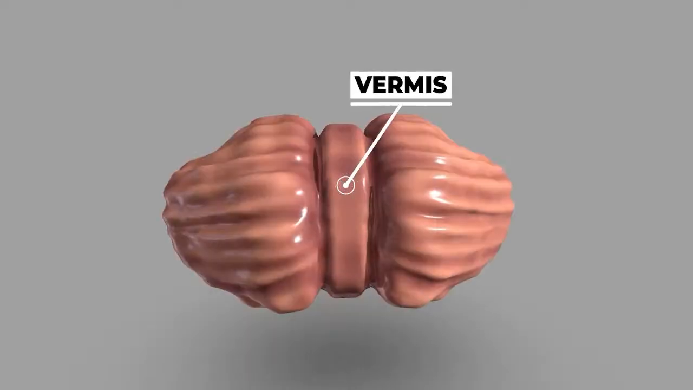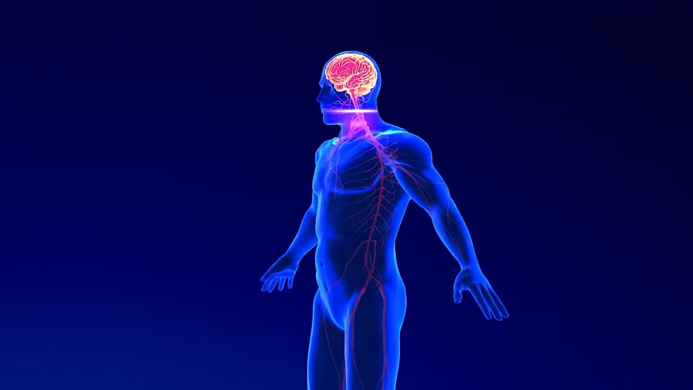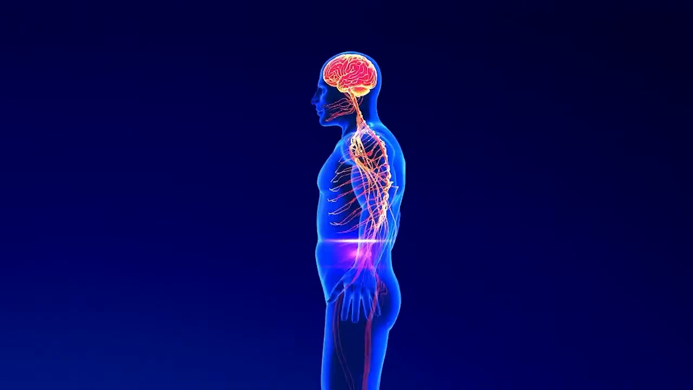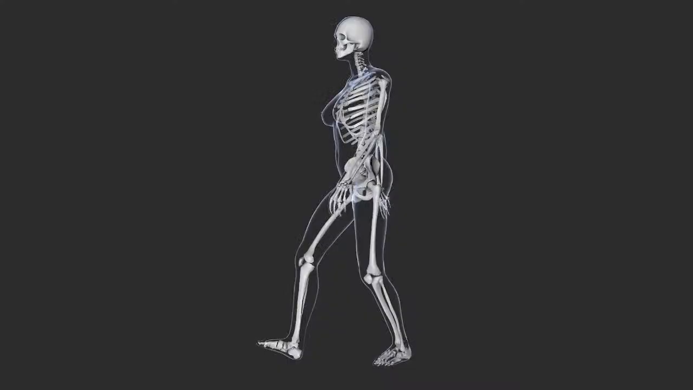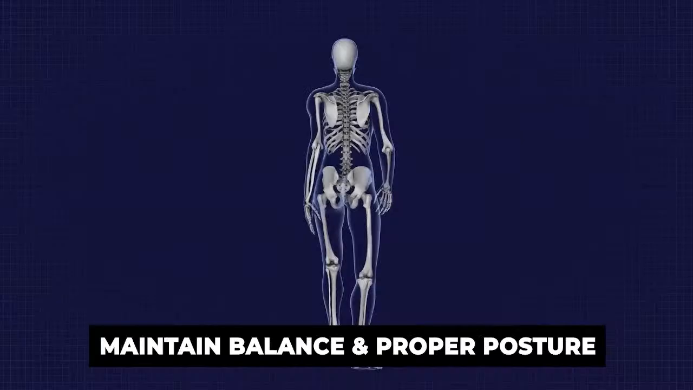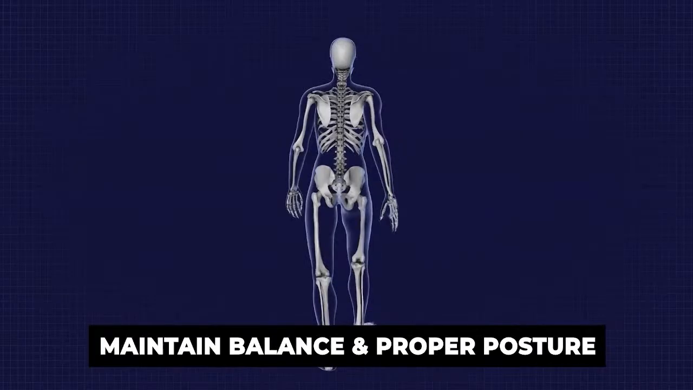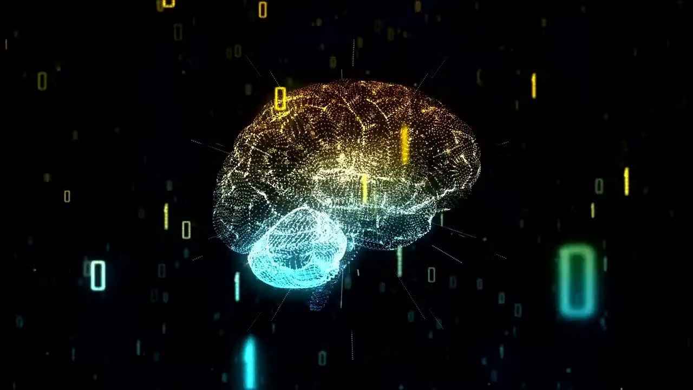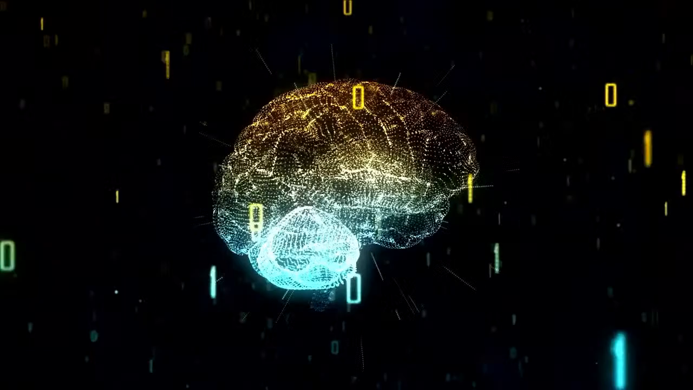The cerebellum plays a key role in fine-tuning motor activities. While the cerebrum might initiate a movement, the cerebellum makes adjustments to ensure the movement is smooth and precise. It helps maintain balance and proper posture, particularly when the body is in motion. The cerebellum is essential for tasks that require practice and repetition,